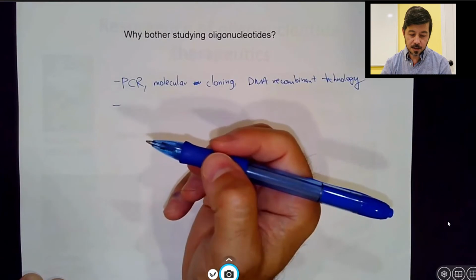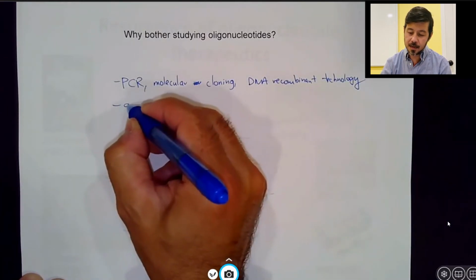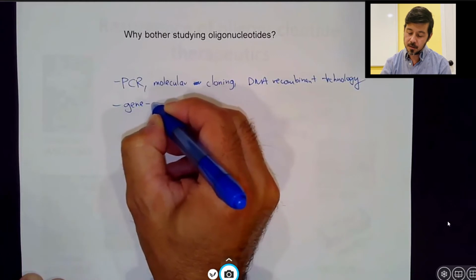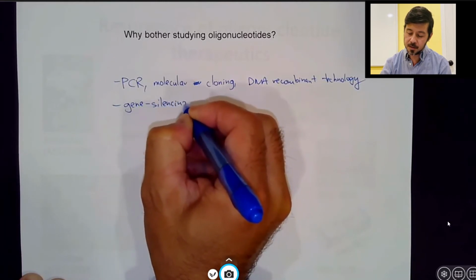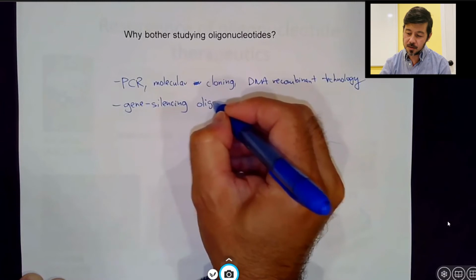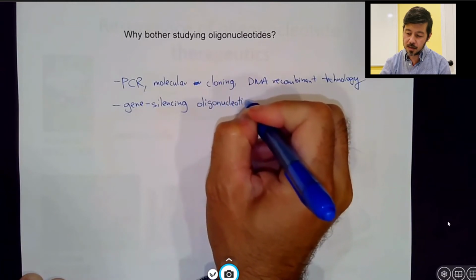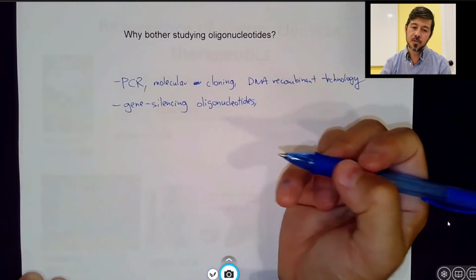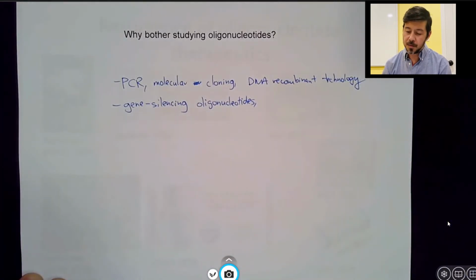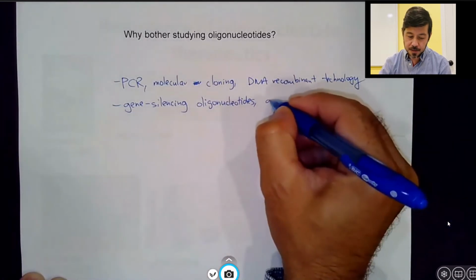Some other interesting things are things like gene silencing oligonucleotides. I'll show you a couple examples on the next slide. These are oligonucleotides that can directly bind to or interfere with the messenger RNA and prevent the protein from being made in the first place. And there are some approved oligonucleotides that are therapeutics. These are relatively short oligonucleotides, roughly 20 nucleotides in length. Gene therapy,